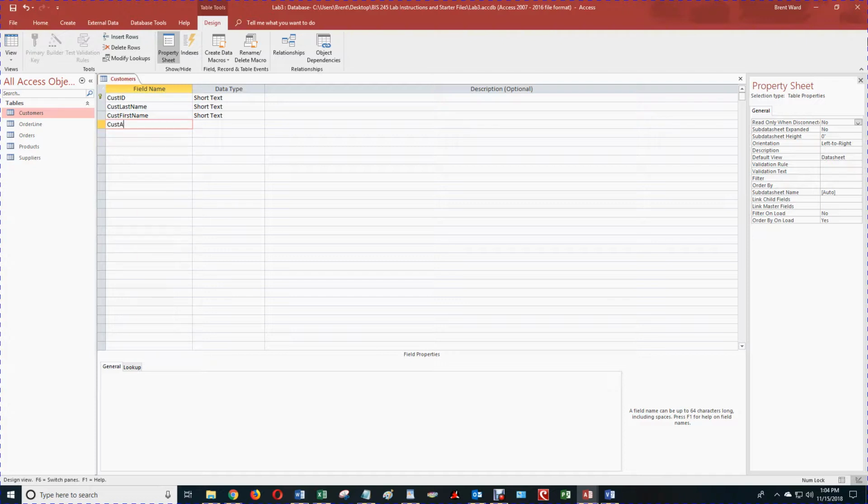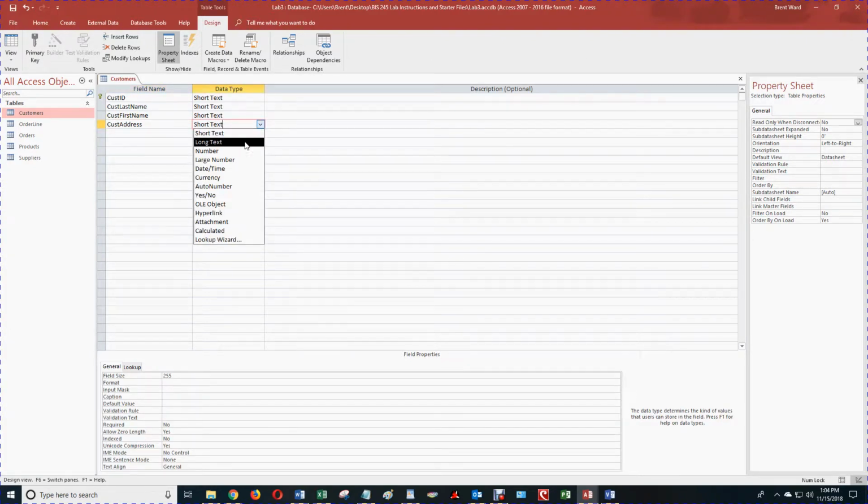And then you could have customer address, and that would also be short text. And don't forget to set the field size to what's specified in the instructions, 25,